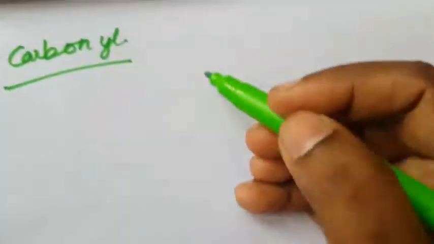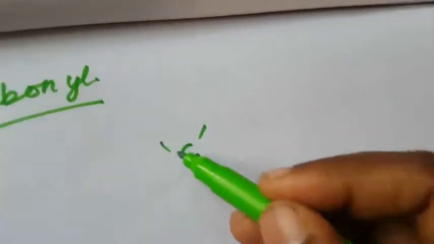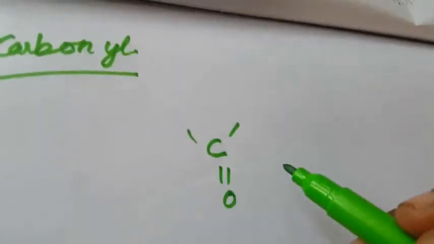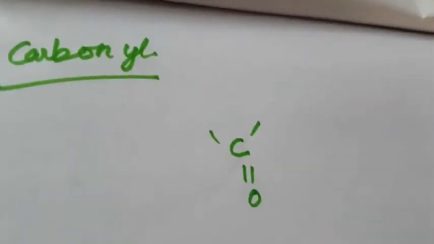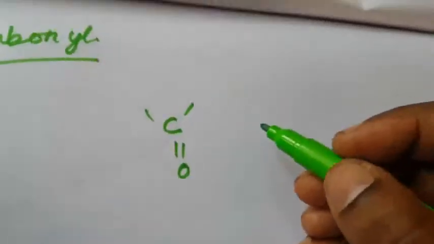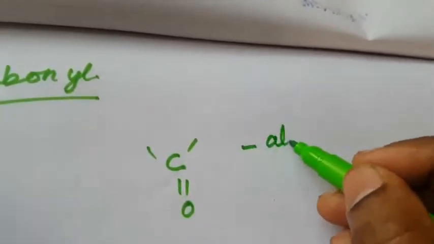What is carbonyl compound? The carbon containing double bond. Okay, so this is carbonyl compound. What are the carbonyl compounds? We already know that in organic compounds, that is aldehyde,